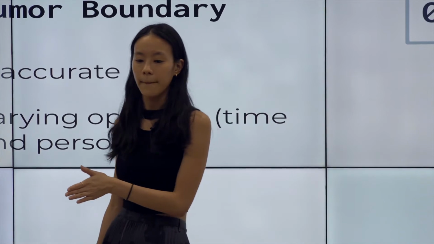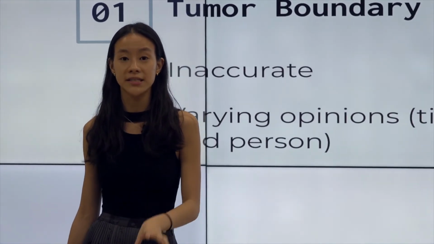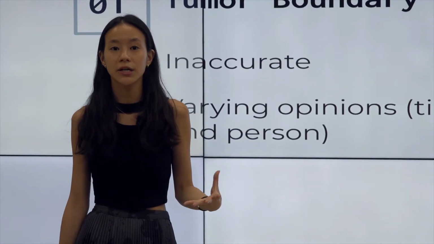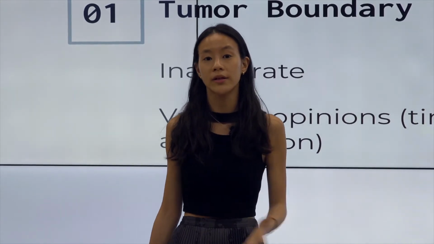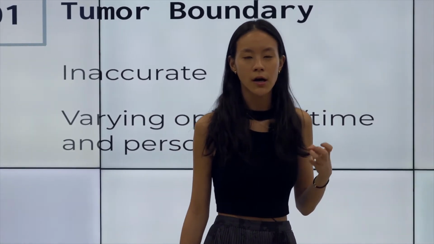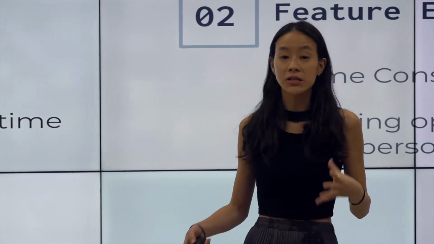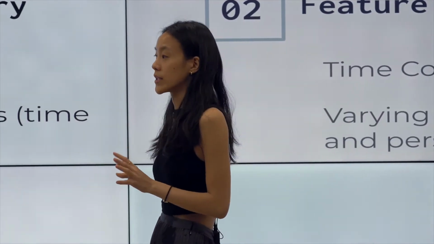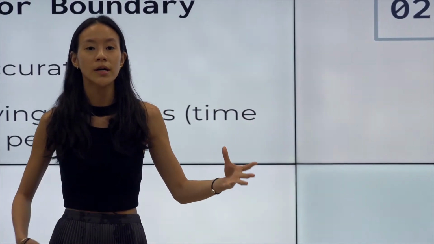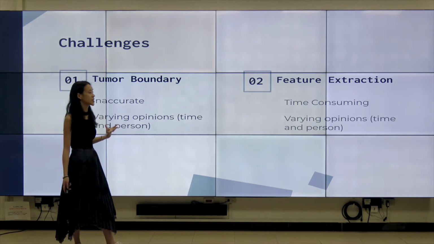In addition to that, it can also vary per doctor. A doctor may interpret this shape one way, while a different doctor may interpret the tumor as a different shape. Potentially, a doctor may even see the shape differently in the morning than in the afternoon. All these subjective perspectives on the tumor boundaries can lead to a lot of uncertainty when it comes to prognosis. That's currently one of the challenges with tumor boundaries, or when we're trying to determine the expected outcome of a patient.